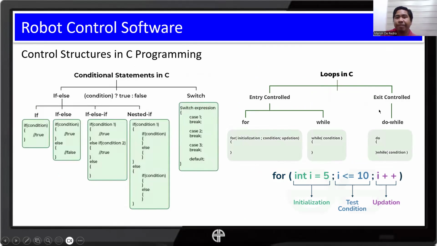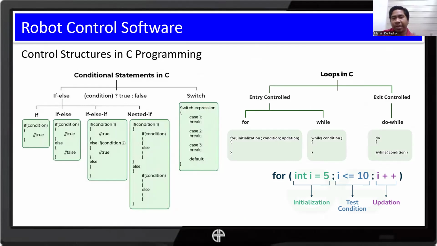Also in C, it's very important to understand how the conditional statements and the loops work, and how they are structured. These two are the very basic control structures, or the very basic component of an algorithm.